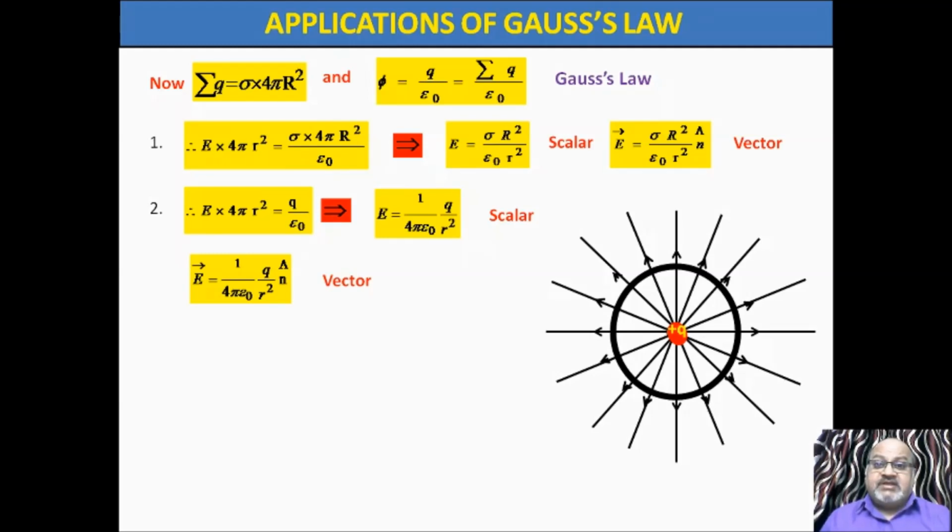The difference is that in one the charge actually sits at the center, but in the spherical shell the charge is not at the center, it is over the surface. So try to understand this difference and this similarity: a difference in the placement of the charge but a similarity in the behavior. That's why I have discussed the second point.